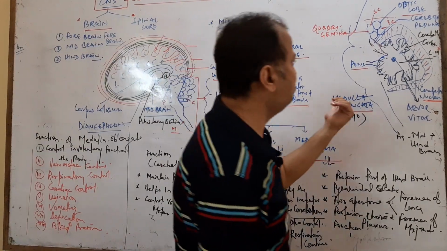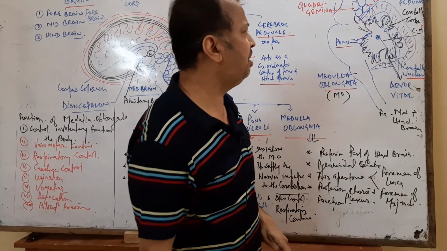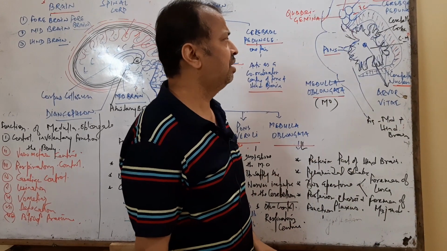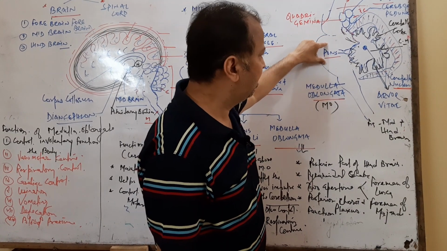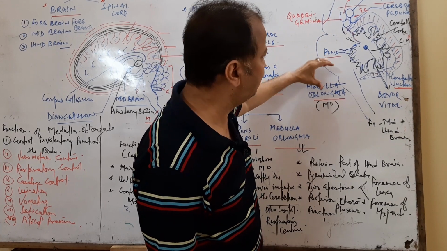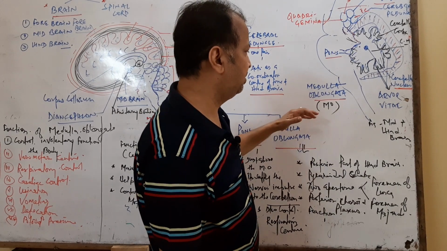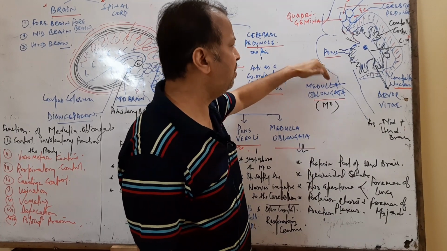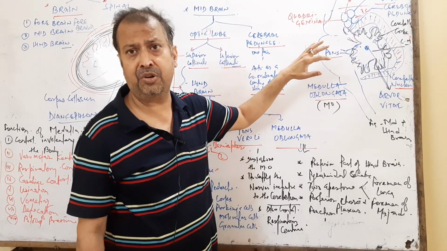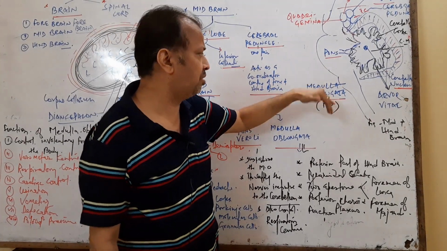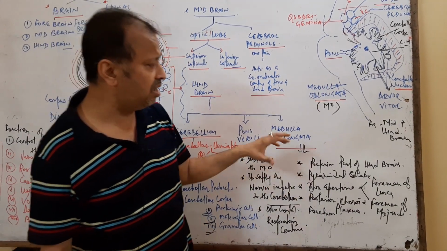Next, just in front of the cerebellum, is the pons. The pons is the structure which supplies nerve impulses to the cerebellum. It is present just above the medulla oblongata, between the forebrain and hindbrain. Its main function is to help in respiration, the depth of respiration, and it contains two centers, the apneustic center and the pneumotaxic center. So this is all about the pons, and next to the pons is the medulla oblongata.